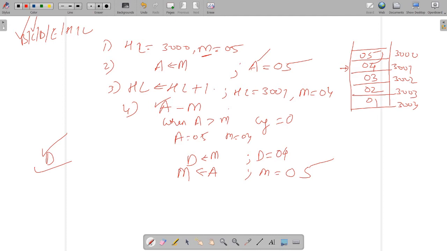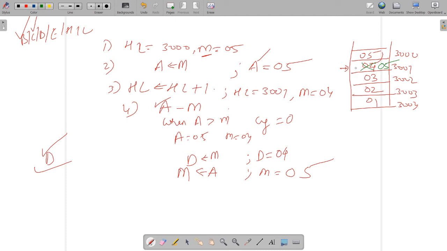Okay, so 05 will come here. You see, I am going to write this will be 05. But the problem is that this 04 should come in the 3000 memory location, but this is still having 05. You want to eliminate this.